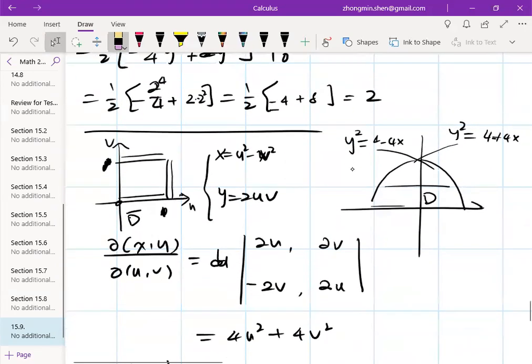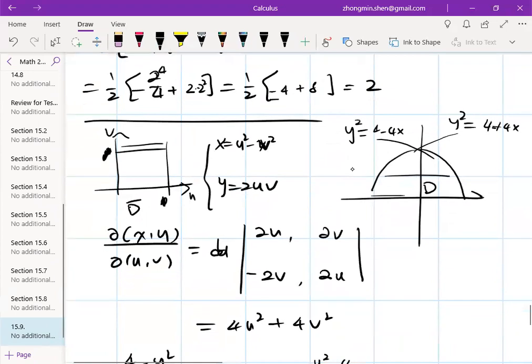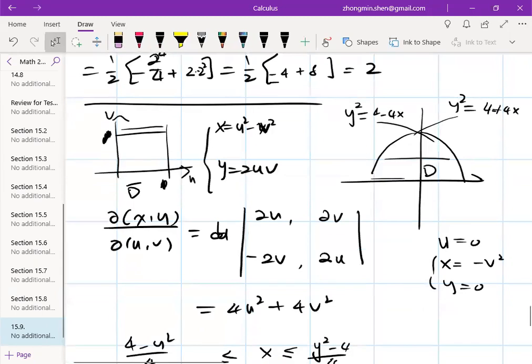When v is 0, and first of all, look at when u is 0, this is on the v-axis. When u is 0, x is going to be negative v squared, right? And y is going to be 0, okay? So v changes from 0 to 1, then we will get